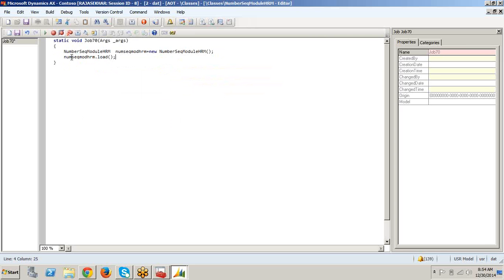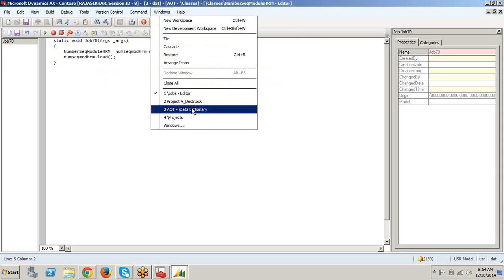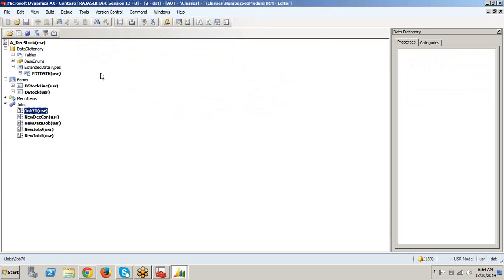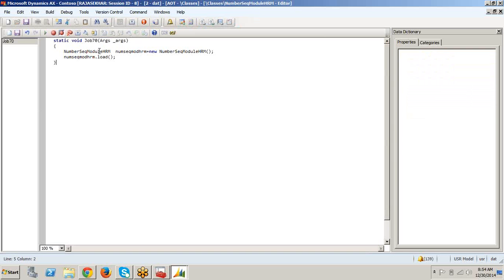So can you tell me where do we have this load method? In which class? It is the human resource number sequence class, number sequence module HRM. In this class, you are saying that the load method is available, right?